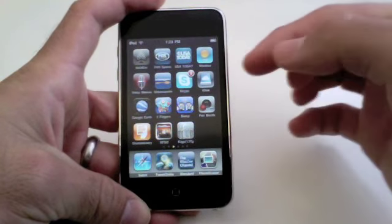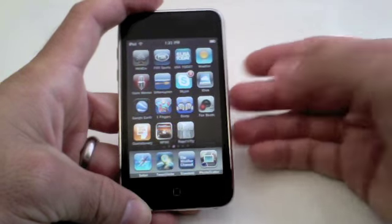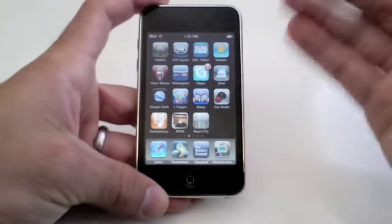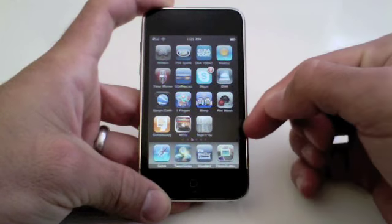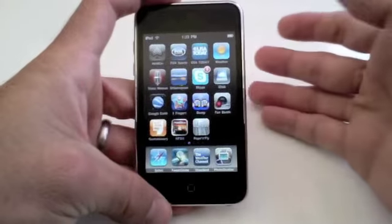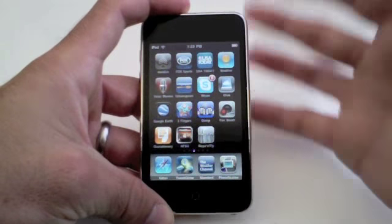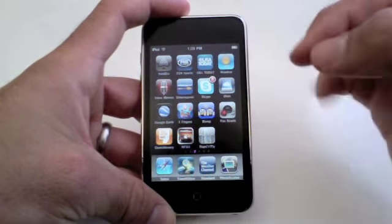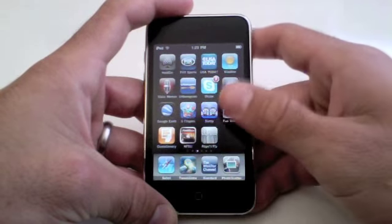I wanted to say first off, I'm going to list the price of these applications, but this price obviously is subject to change. But this is the most current price that I saw on the iTunes Store whenever I'm doing the review right now. Also, I wanted you to note that I am doing this on my iPod Touch, but all of these games are compatible on an iPhone. The reason that I don't use my iPhone is because it always seems to get interrupted with a phone call or a text message. So I am doing this list on my iPod Touch, but they're all compatible